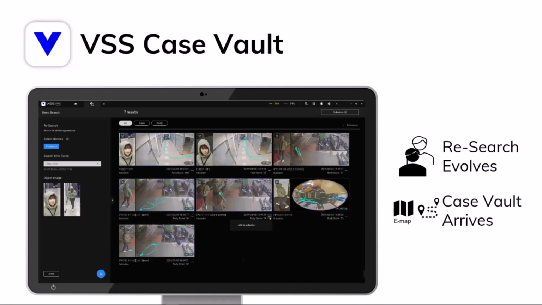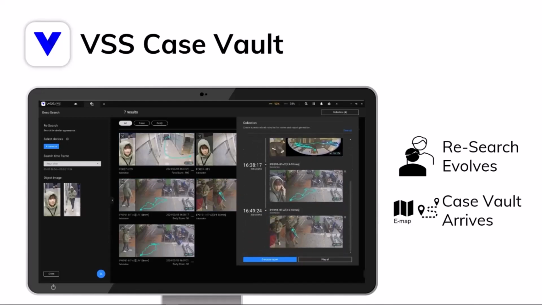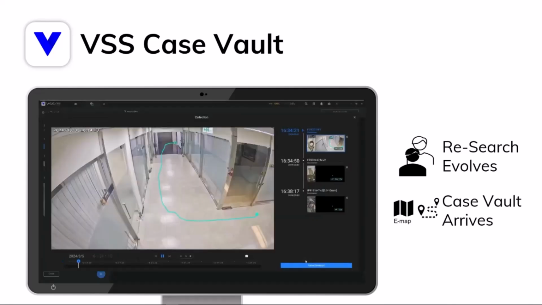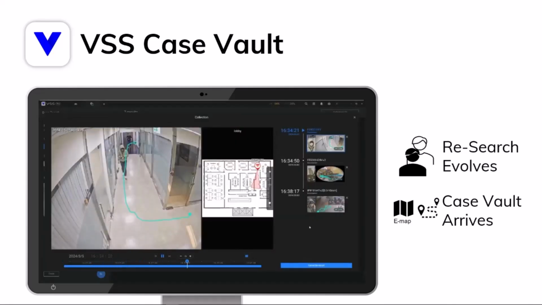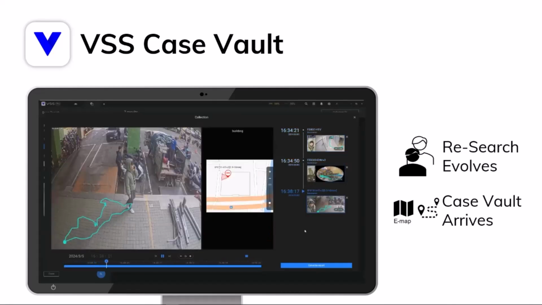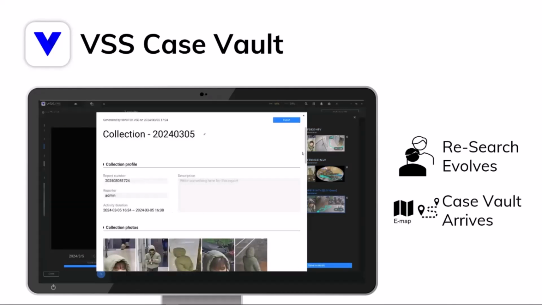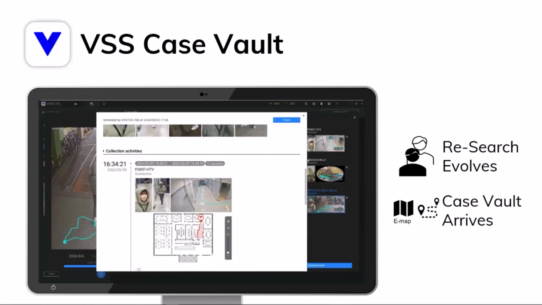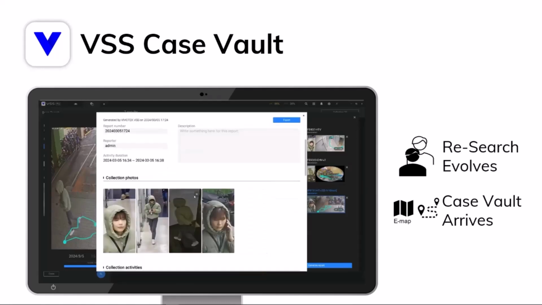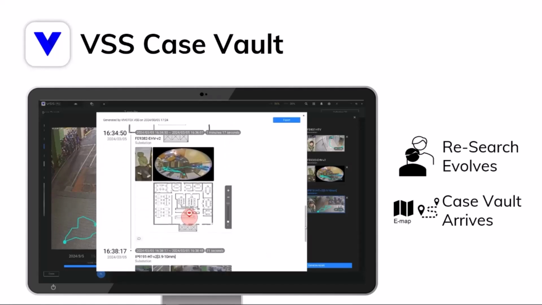Add it to our case vault so that we can trace the incident. And then report the findings with auto report. So from this demo, you can see how our latest VSS is going to transform hours of manual work into